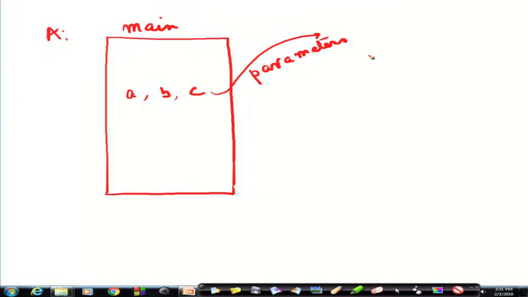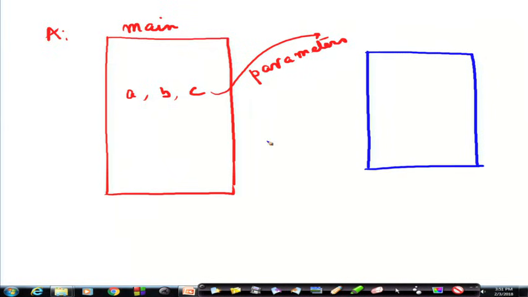And this function, which is our average function, is not biased to A, right. It knows that it needs 3 inputs, and there are 3 input pipes, 3 input positions.